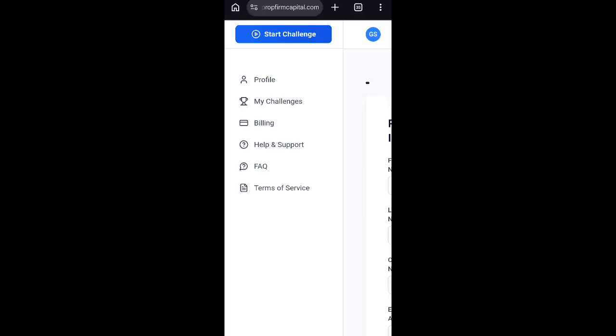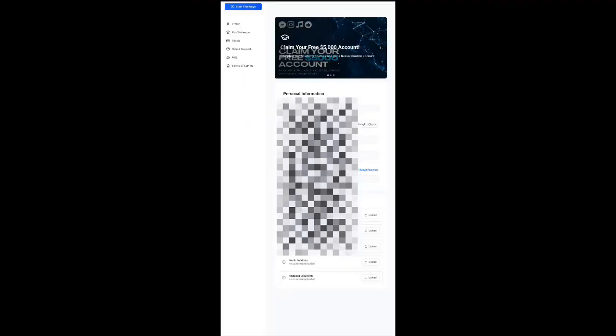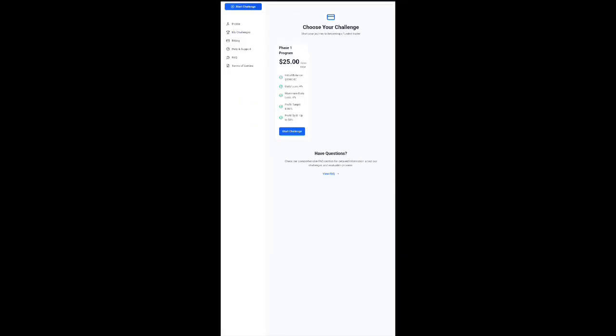And once you come to this account, you could see the particular section showing the start challenge, the blue start challenge. You'll be tapping on that start challenge, and to have a wider screen so you can navigate this interface easily, you can change your phone to the desktop site. And once you change it to the desktop site and you tap on that blue new challenge, you'll be brought